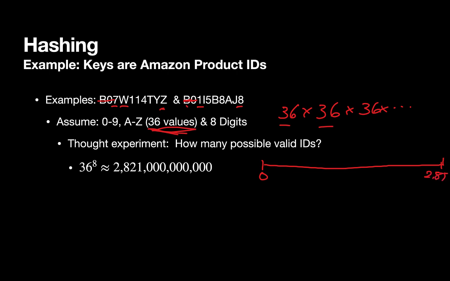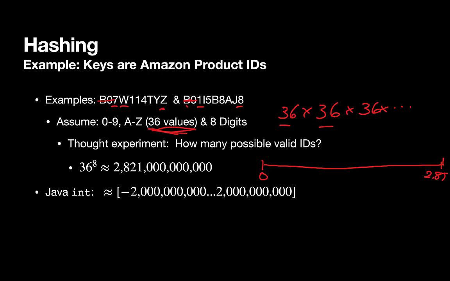Okay. Let's compare that to our data type that we're trying to convert these product IDs to. If we're using a Java integer, it's a 32-bit integer, it can represent values from -2 billion to +2 billion, or a total of about 4 billion distinct values. If you were to think about that in terms of a number line, it would just be a tiny, tiny, tiny fraction of